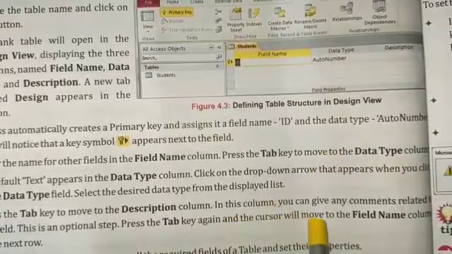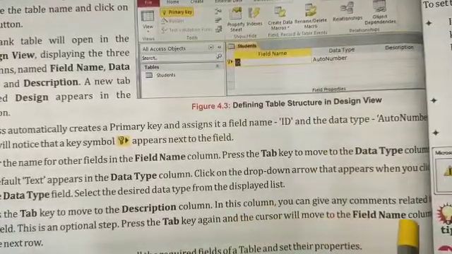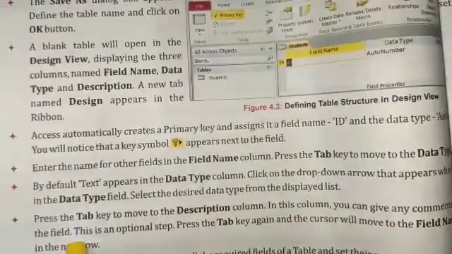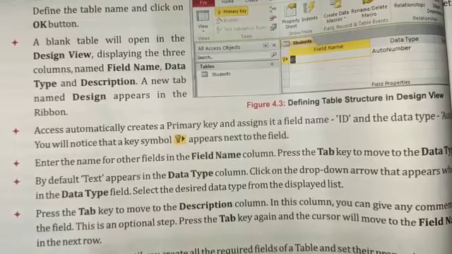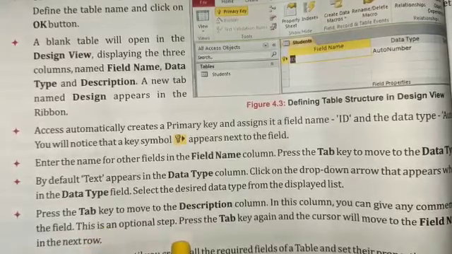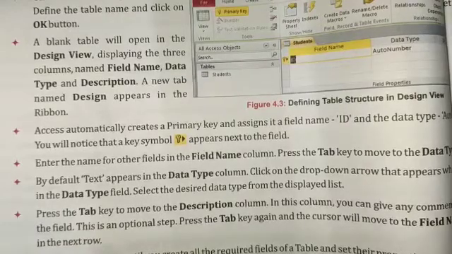In the description column you can give any comment related to the field. This step is optional.